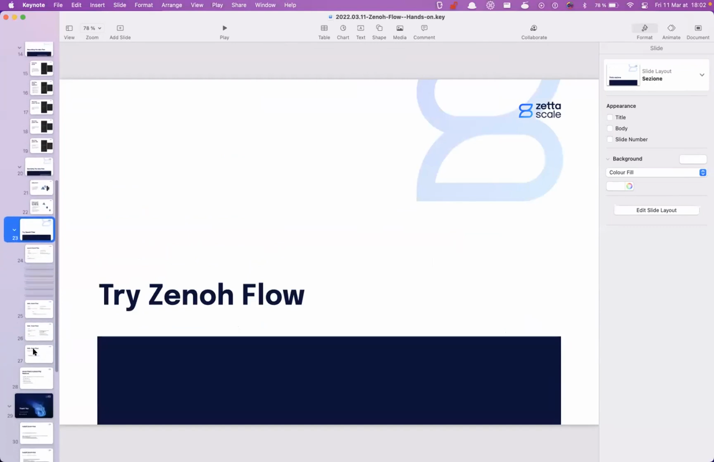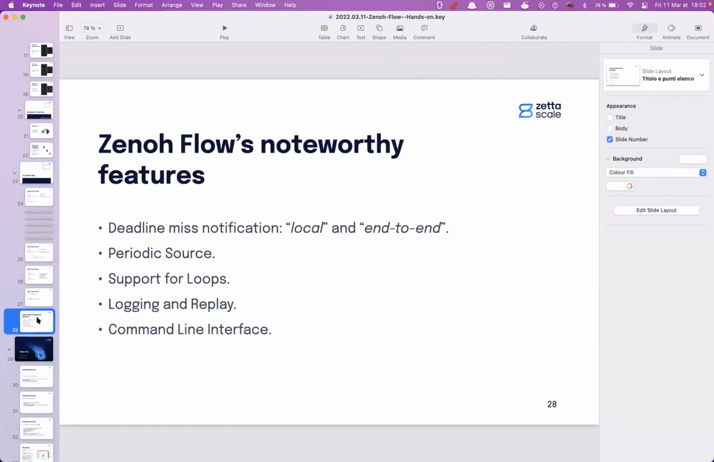Now, this is what I showed you. I didn't have the time, and I think it would have been too much information for a first introduction, but there are some noteworthy features in Zenoh Flow. For instance, we have deadline missed notifications that are both local and end-to-end. What we mean by that is we can set a time for an operator to do a computation. If the time is 100 milliseconds and it took 150 milliseconds to compute, then we will inform the user through a specific output